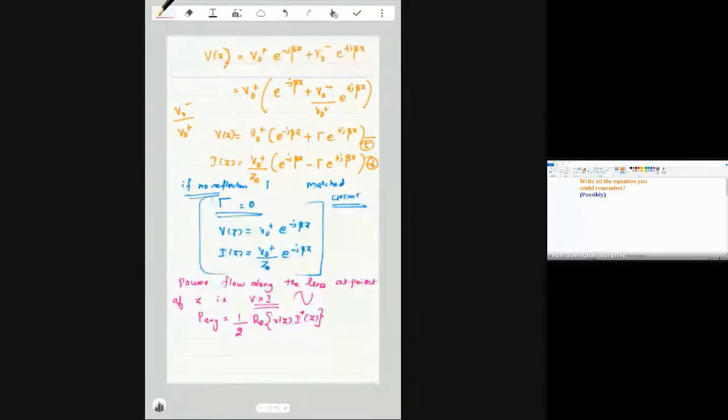So take the conjugate of the current. So here take this fifth equation, multiply with the sixth. It may take some time to do it. Probably what I have to do is multiply this with this, multiply this with this. So when I do that, there can be any questions you can ask me, that this is directly the multiplication of these two.